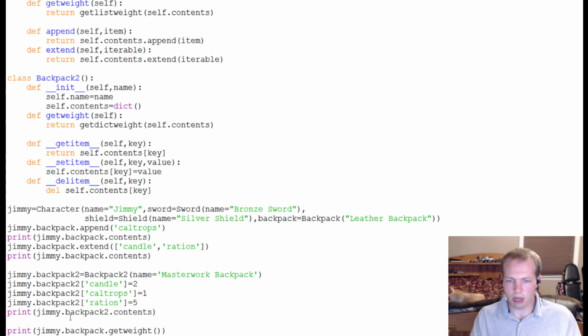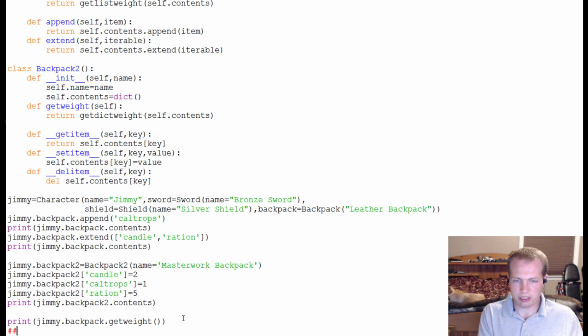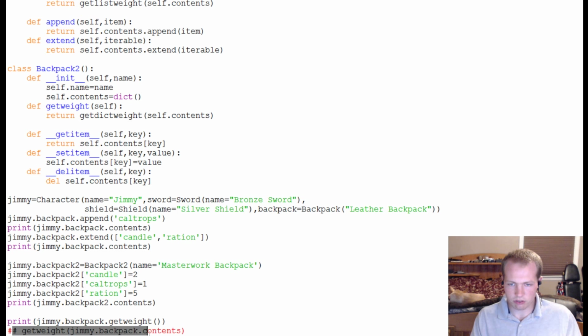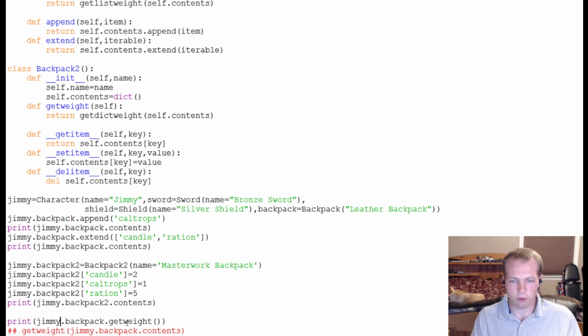And you can see these things, to note, could have been something like get weight Jimmy.backpack.contents. All this gets replaced by a simple call to get the weight off of Jimmy's backpack, which makes sense logically